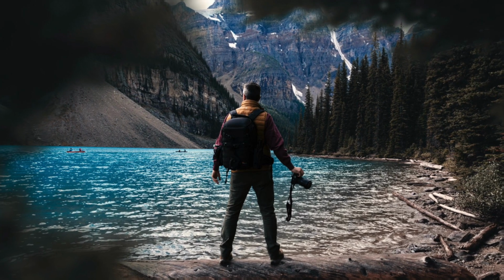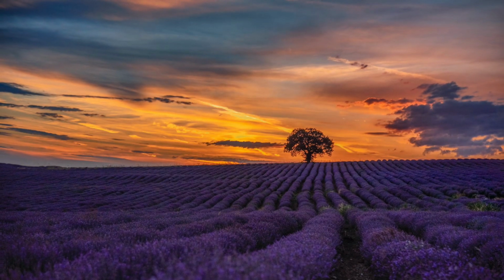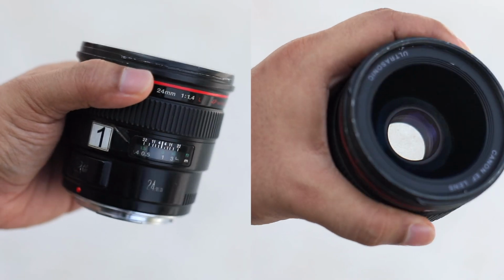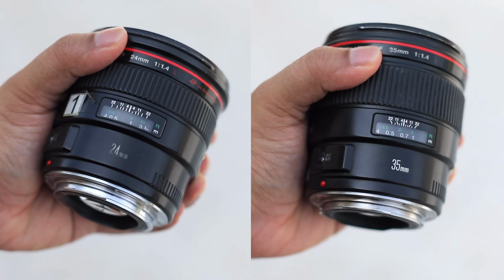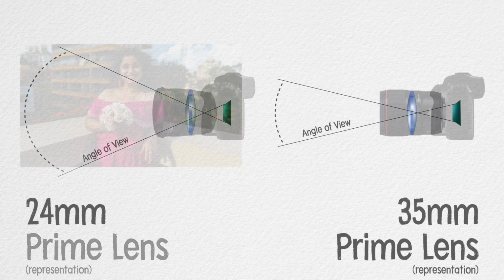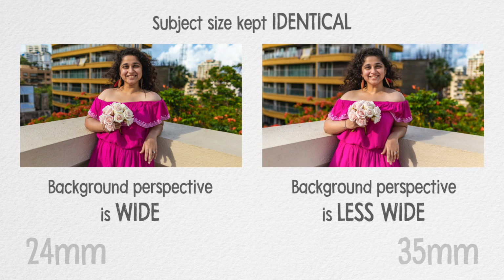Landscape photographers and now even vloggers use this focal length because there's just so much that you can fit into the frame. This ultra-wide angle lens has a large depth of field as well. These are the 24 mm and 35 mm prime lenses that have wide angles of view. The 24 mm is of course wider than the 35 mm, which is on the higher range of wide angle lenses.